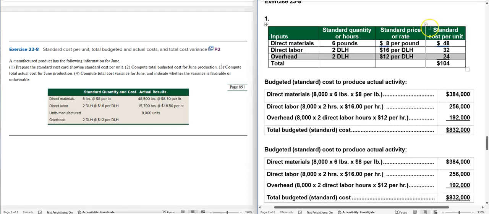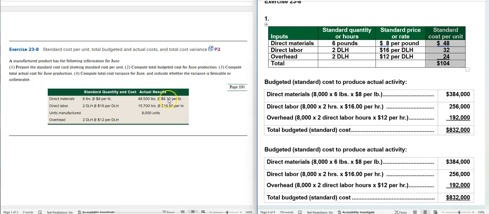We now have a standard cost card. Material costs per unit, direct labor costs per unit, and overhead costs per unit. Every unit produced should cost $104. From that, we are able to then do budgeting on a bigger scale, right? Once we know what the standard is per unit, then we can budget what the total budgeted cost or expected cost will be for June